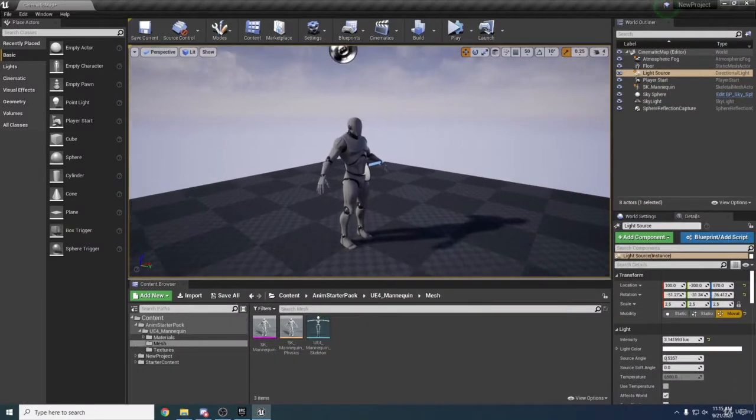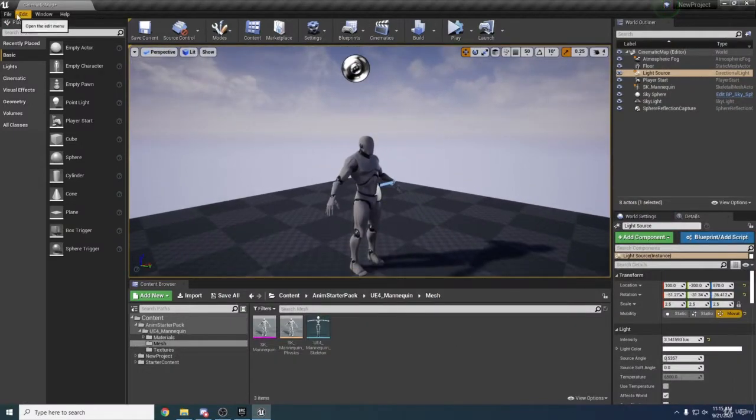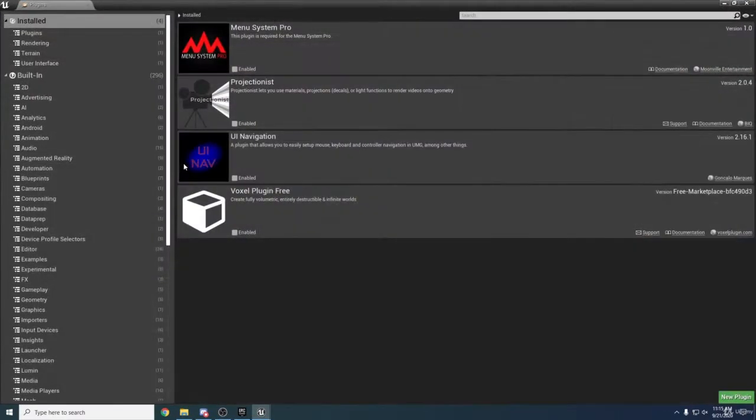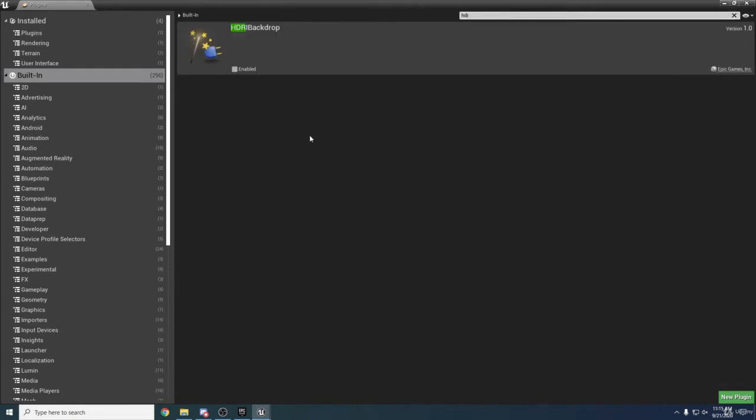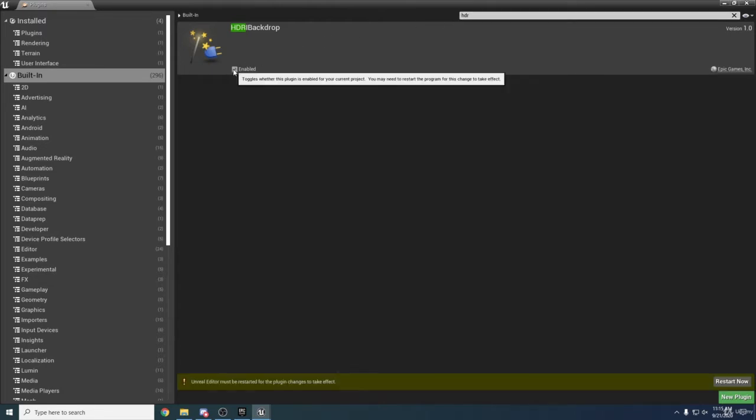Now let's add our HDRI backdrop. So let's go to edit and plugins. This asset is actually a plugin in Unreal that is built in but not activated. So we can type HDRI backdrop. If you go to built-in and then type HDRI, we can click enabled,